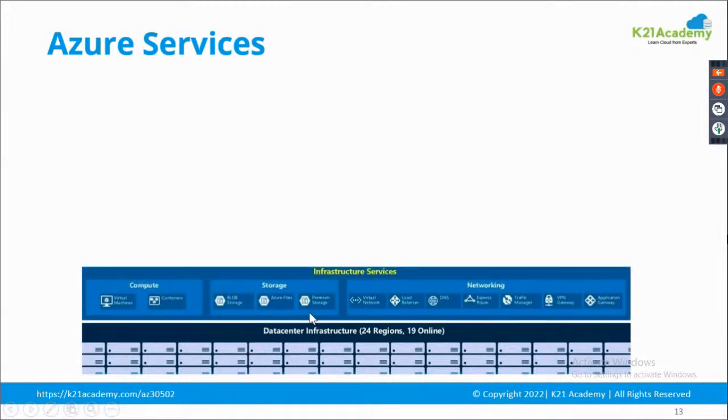So probably for an infrastructure service, we need to know the computational service, and how the network connectivity will be created on top of it. Accordingly, we will have a virtual machine, a container, a blob storage required, or a virtual network load balancer, and how the DNS works. And then we require an understanding of ExpressRoute, Traffic Manager, VPN gateway, Application Gateway,